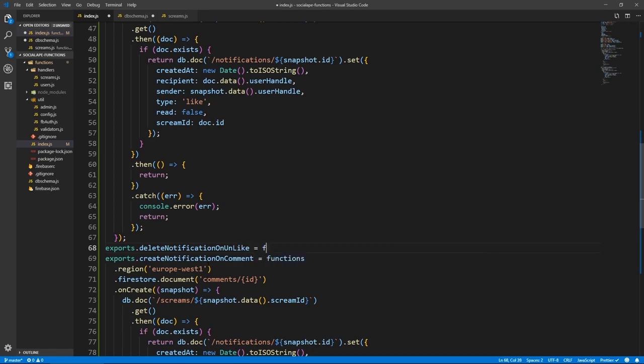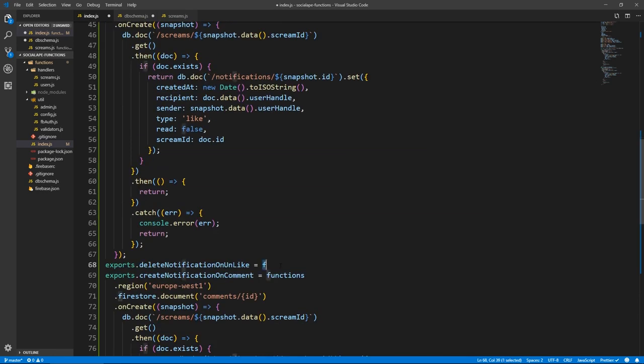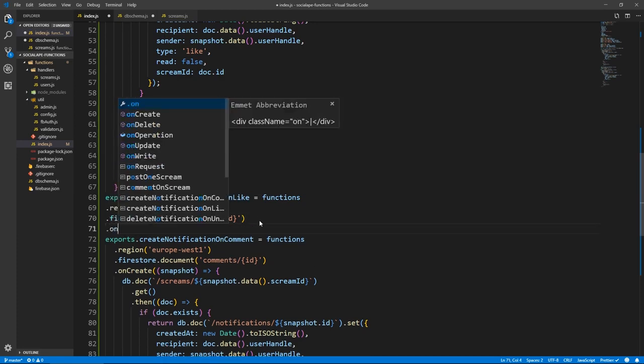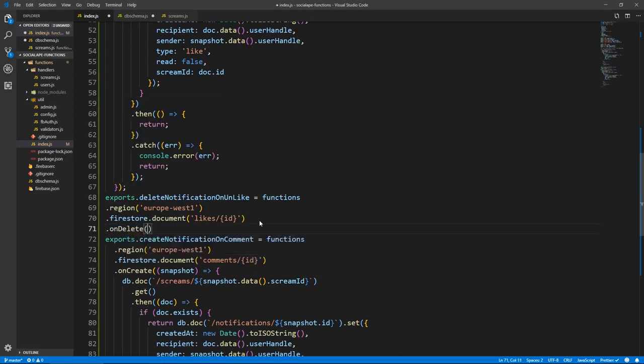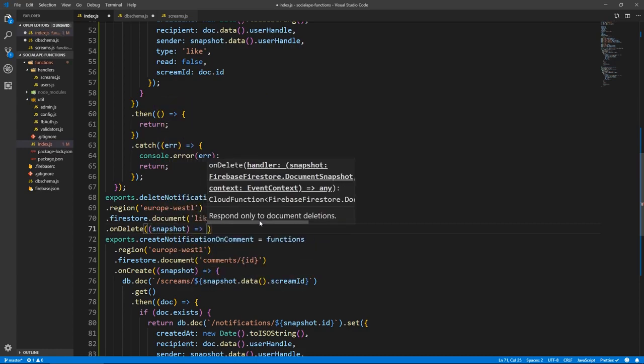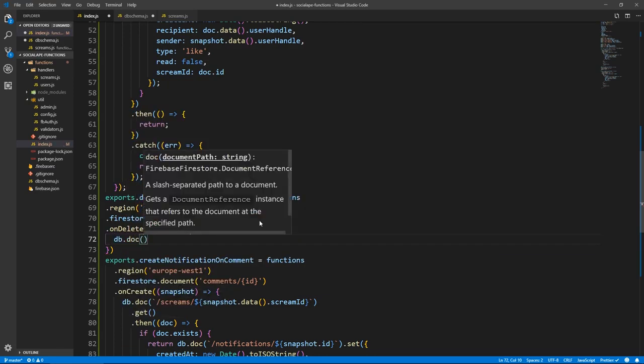So it's gonna be a functions. Again, let me copy this bit. So functions, the region, the document, and the event is gonna be on delete. And we're gonna have a snapshot. And what we need to do here is we just need to do db.doc and backtick slash, what is that?